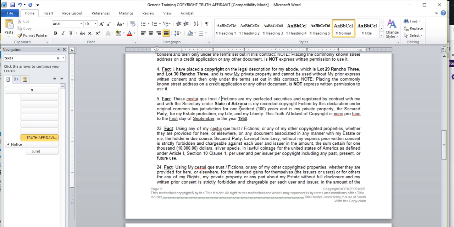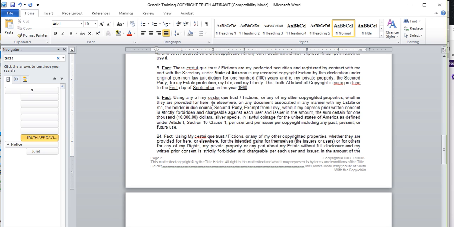Common law jurisdiction for 100 years and is my private property, the secured party for my estate, protection, my life, my liberty. This truth affidavit of copyright is nunc pro tunc to the first day of September, date of birth, to the day you were given born. Hearsay, of course. But anyways, and so then